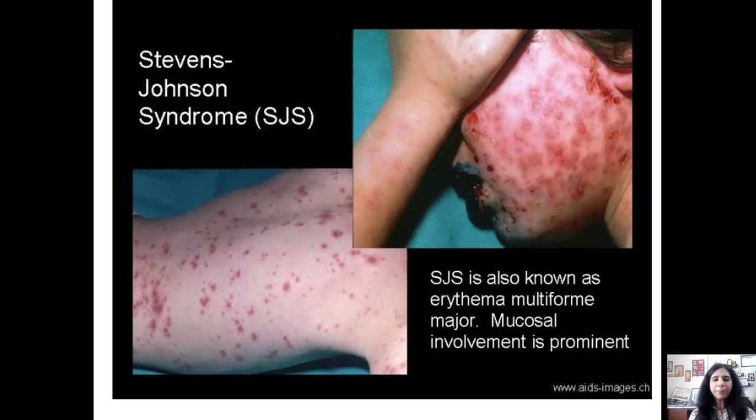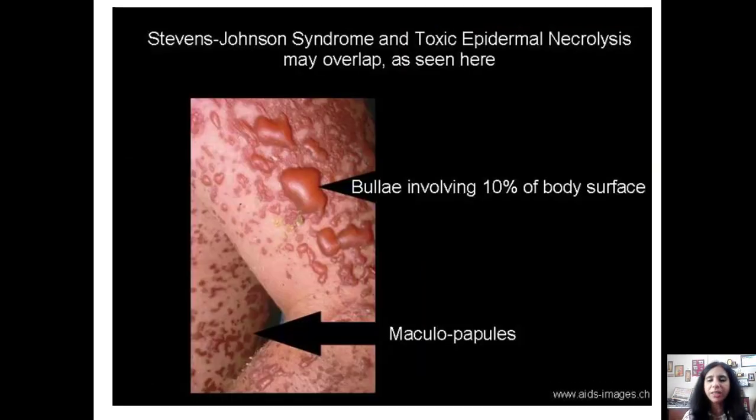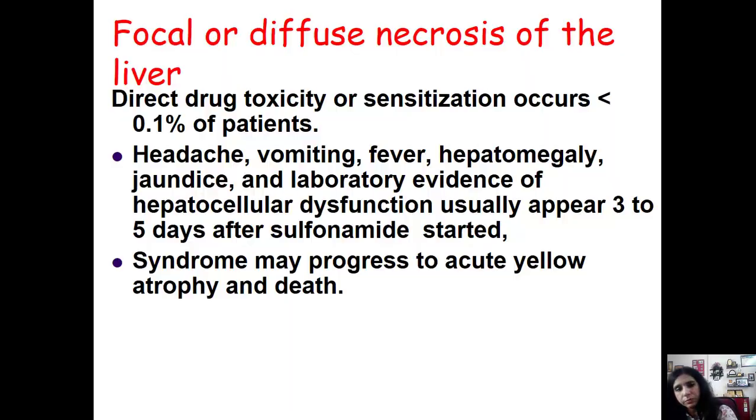This is a type of the Stevens-Johnson syndrome which can be seen in patients. You can see extensive skin and mucous membrane involvement. This is life-threatening, and there can be formation of some bullae involving 10%, macropapules, and this is sometimes also called toxic epidermal necrolysis. Stevens-Johnson syndrome drugs: students, you must remember the drugs which can cause Stevens-Johnson syndrome. The top of the list is sulfonamides, cotrimoxazole, anti-epileptics like phenytoin, carbamazepine, lamotrigine. Many NSAIDs can cause Stevens-Johnson syndrome.